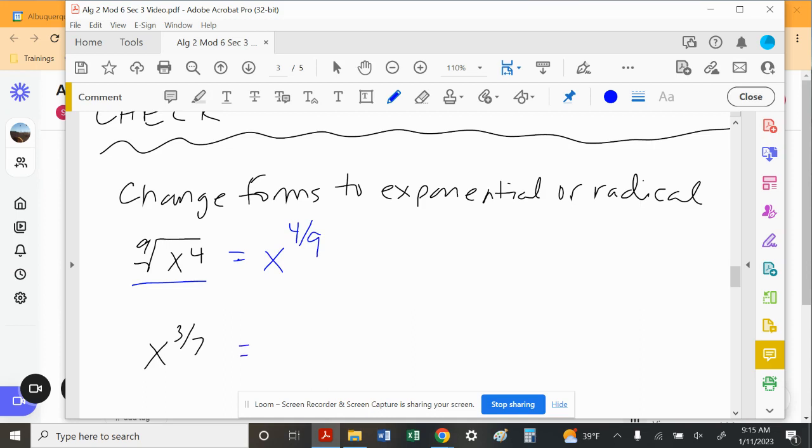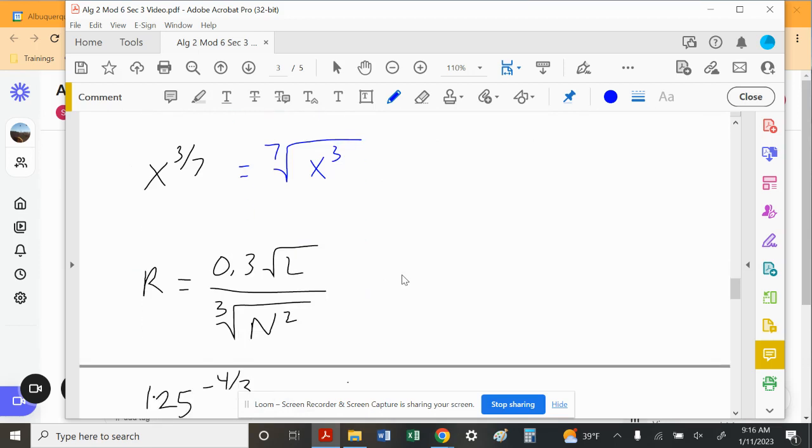This one, I want to go the other way, so I'm going to put it this way. So 7, it's the seventh root of x to the third power. That's straightforward, so don't have to do a whole lot of thinking on those in particular. And now what we want to do is we want to see, well, how do we rewrite this one? So this one's going to be